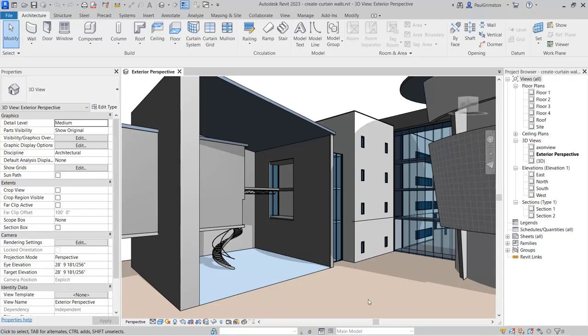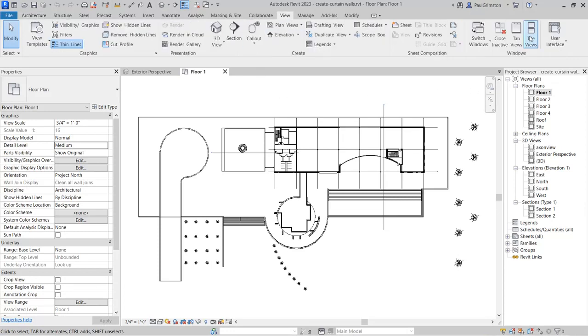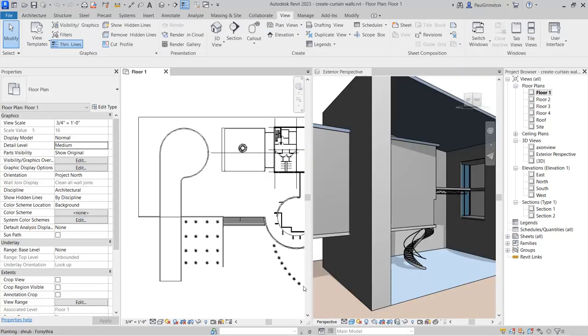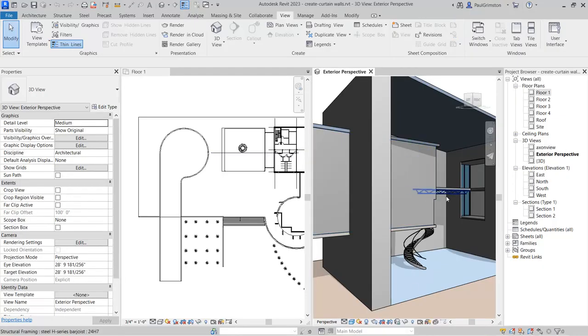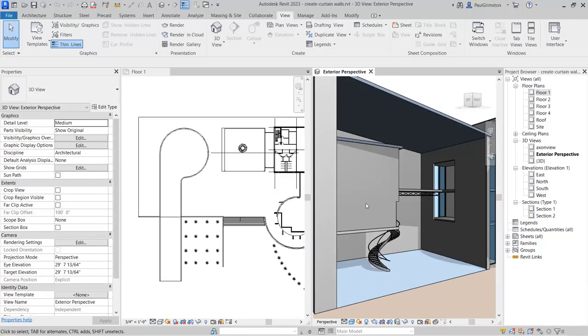So from the project browser, I'll open the floor plan view, floor 1. And then to help see the curtain wall as it's created, I'll go to the View ribbon tab, and from the Windows panel, I'll use the Tile Windows tool so that we can see both the 2D plan and the 3D view on the screen simultaneously. So we just need to adjust the view so we can see where the curtain wall needs to be created